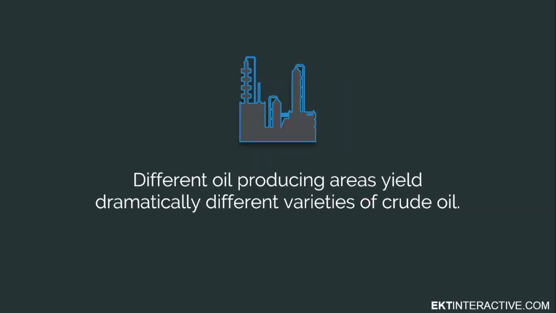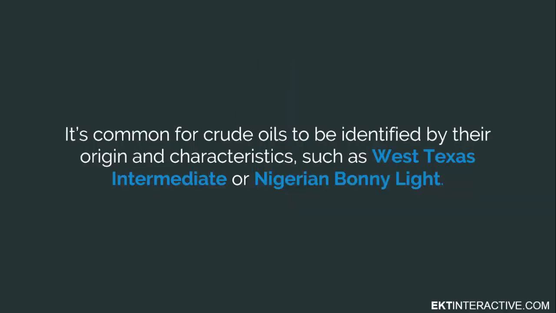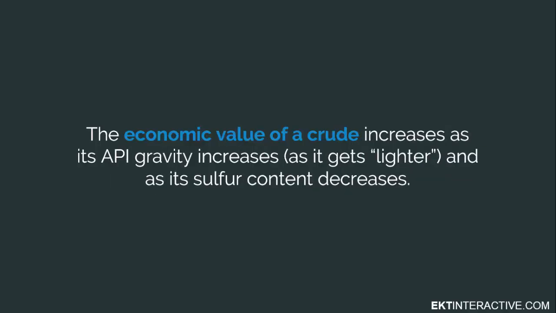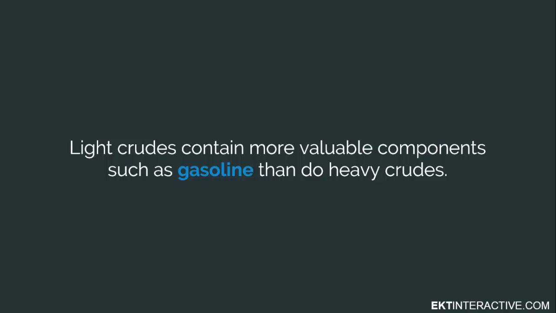Different oil-producing areas yield dramatically different varieties of crude oil. This is why it is common for crude oils to be identified by their origin and characteristics, such as West Texas Intermediate or Nigerian Bonny Light. The economic value of a crude increases as its API gravity increases, i.e., as it gets lighter and as its sulfur content decreases. Thus, a sweet light crude will command a higher price than a sour heavy crude, and this is because light crudes contain more valuable components such as gasoline than do heavy crudes, and it is also costly to remove the high content